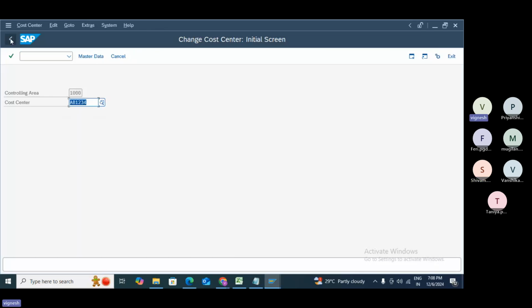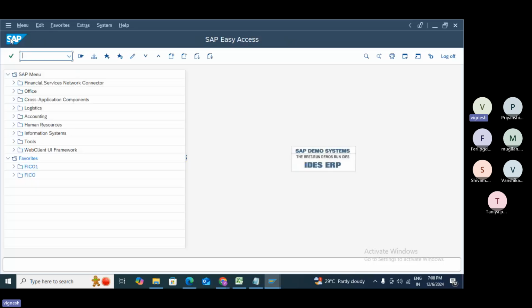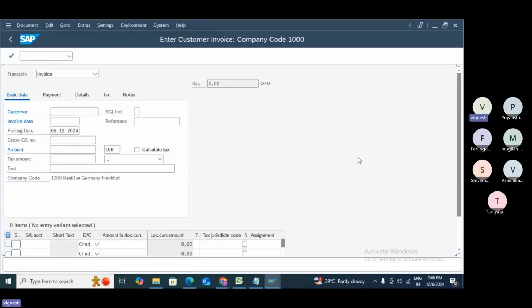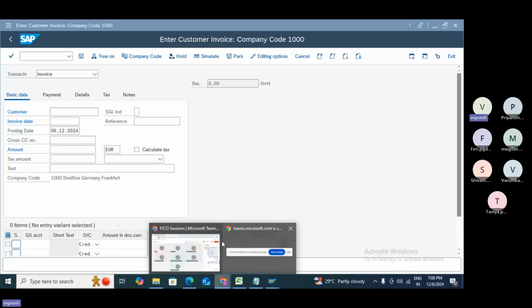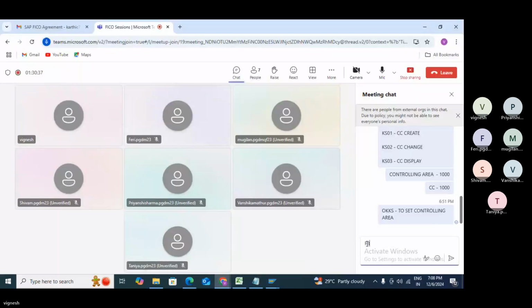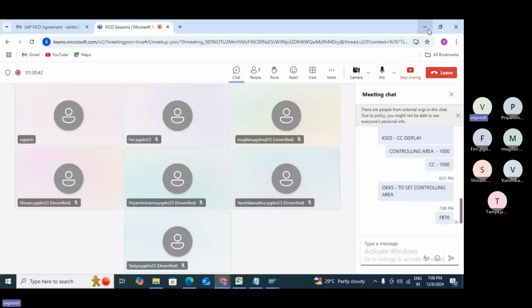So this is how a cost center and profit center need to be created. Now I will show you how to post an entry with this. This is for a sales invoice, so I'm posting an invoice for them. The T code will be FB70. The customer will be